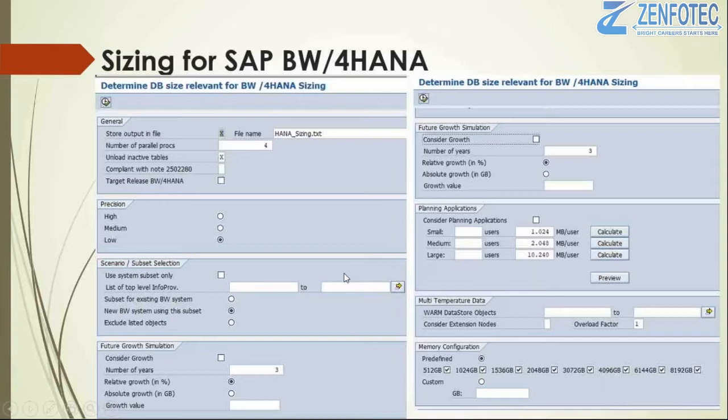If you are going with scenario-based sizing, then you have to get the details about the BW system from your functional team, and they may be unable to provide the details. So execute for everything, consider every case in that one, and simply execute. Then you will see the result like this.